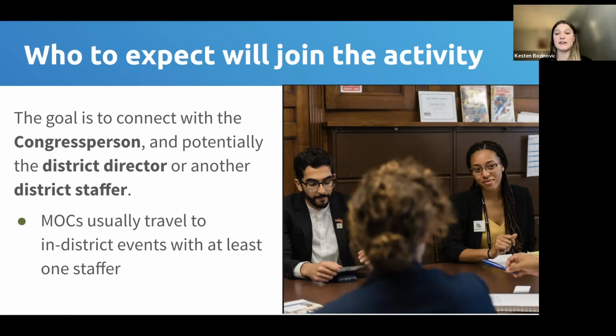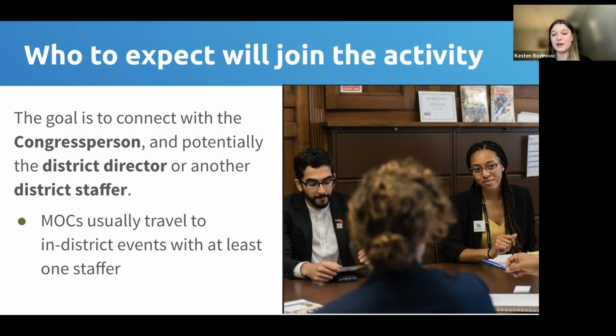And hopefully that's going to help elevate your request for the member of Congress to join an activity onto the top of the scheduler's pile. Now, if you don't have a particularly close relationship with the legislative staffer, do not worry about that at all. It makes most sense then to email the district scheduler if there is one, or if there isn't, then email